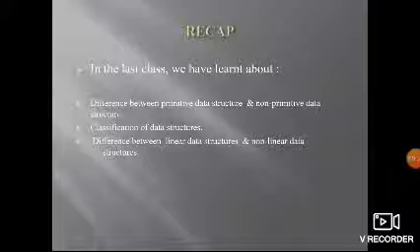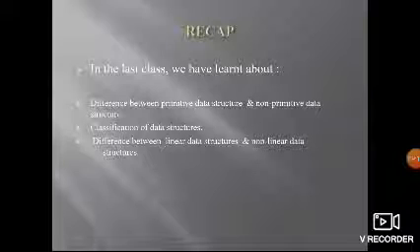Searching is identifying whether an element is present in the given list or not. Traversing is visiting all the elements in the given list exactly once. Merging is combining two or more lists of elements into a single list. So these are the operations that come under the non-primitive.